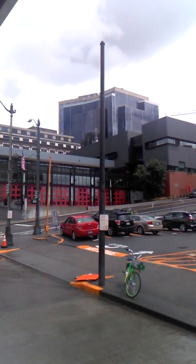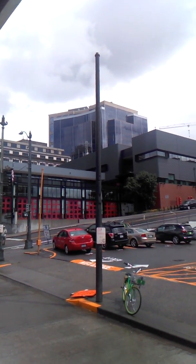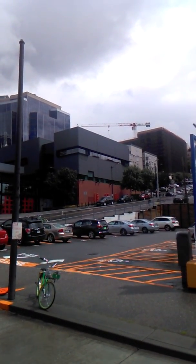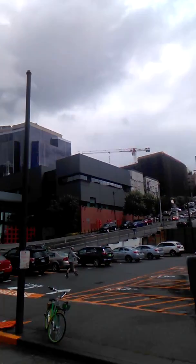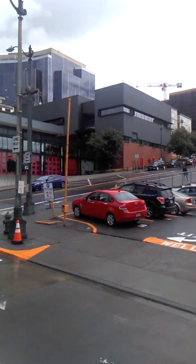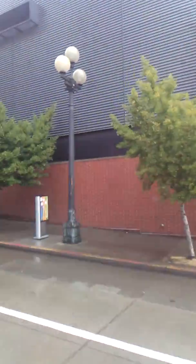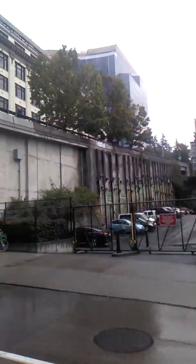Just all the sights you can see in this area. You see that building kind of peeking out right there? Yeah, the big one, the tall one. That is known as the Smith Tower. It's 522 feet tall, and you see that pyramid on top? Keep that in mind. This was built in 1914, and at the time it was the tallest building this side of the Mississippi. No joke about that. So I think that's pretty awesome. It was passed in 1962 by the Space Needle. But that pyramid you see up there,